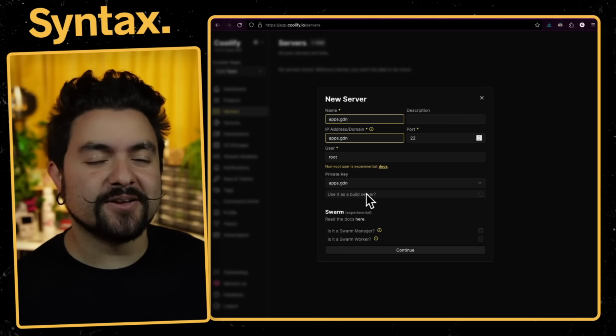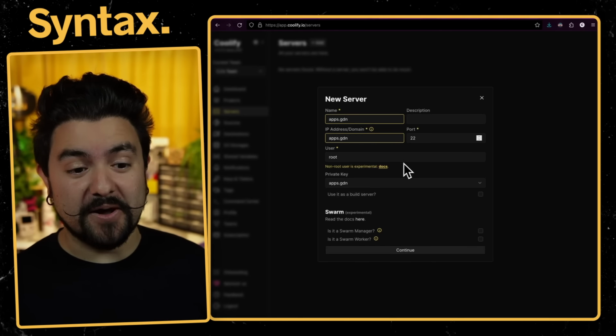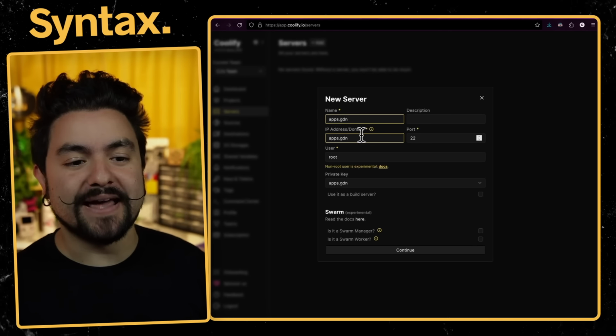If you want more info on that, check out the first video in the self-host series. I talk about authorized keys and stuff like that. But let's give it a go. So I'm going to set this up, and now this Coolify hosted instance will be able to manage my apps.gdn